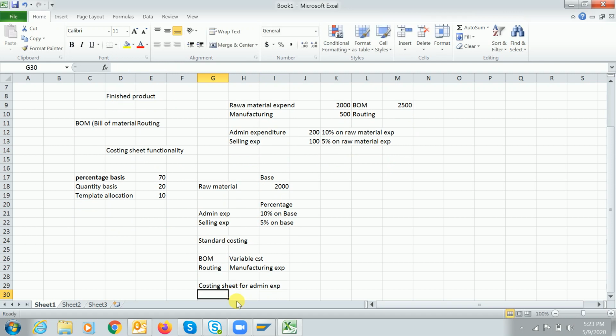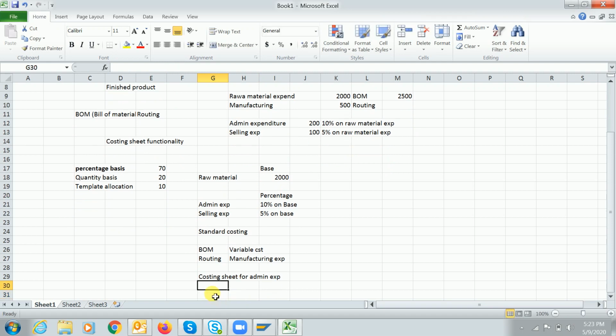In the administration expenditure, what we have maintained is 10% on base. If you maintain 10% here, the system will check into the BOM cost, whatever. In this case it came as 2000. For example, if it came as 2500, the system will pick the administration cost as 250.